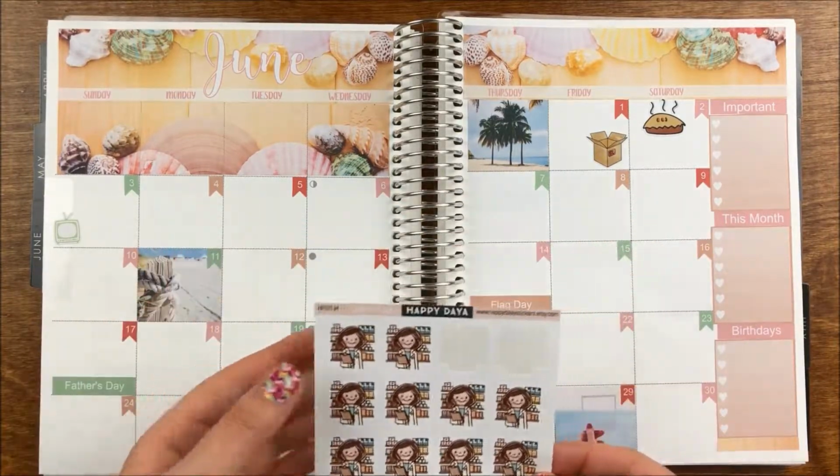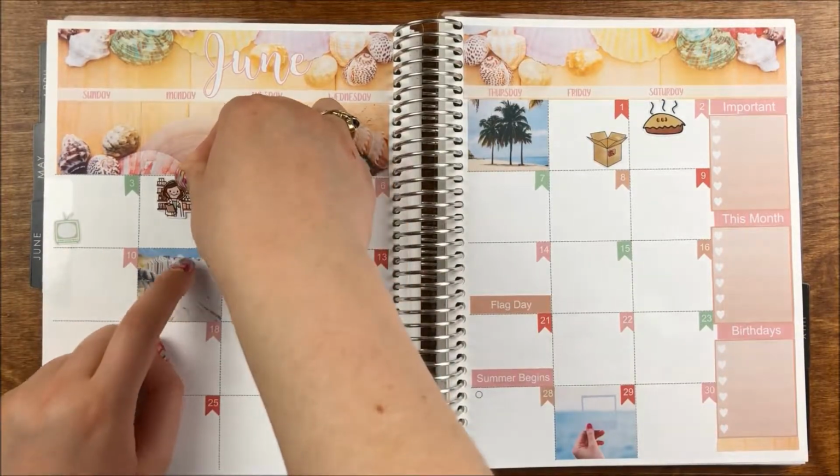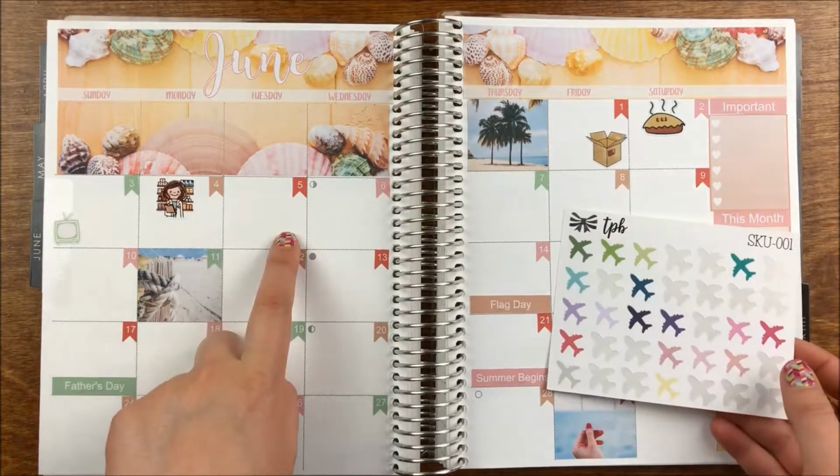and so it took him a while to figure out what cables actually went to my house. Then on the 4th, it was my first day of work, and so I want to use this little pharmacist sticker from Happy Daya to mark that down, even though I'm just a graduate intern until I pass my test. And then on the 5th,